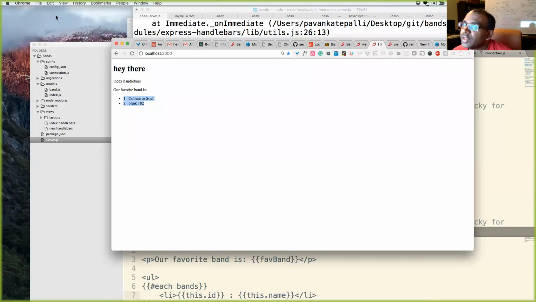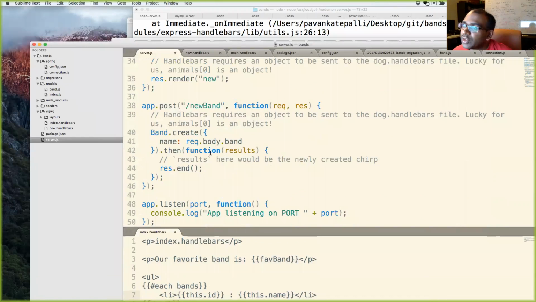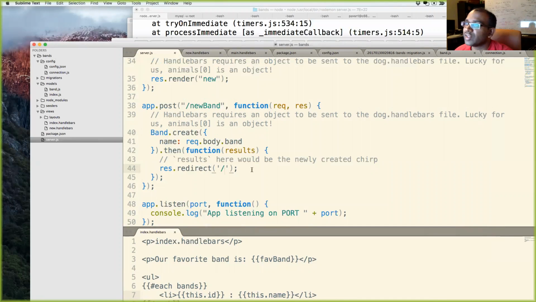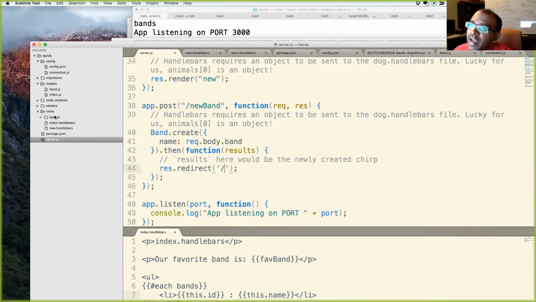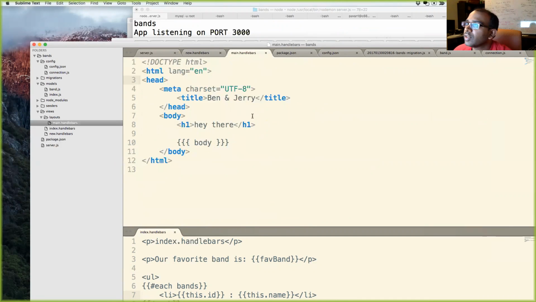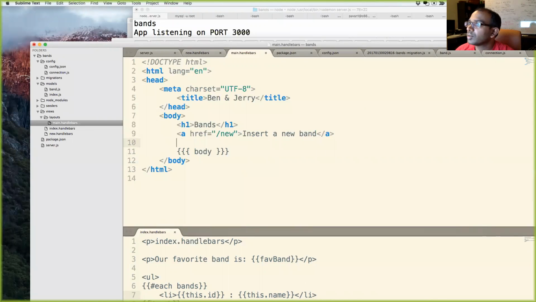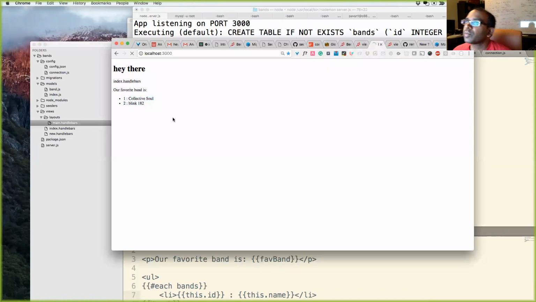So what we can do is when we insert into the database, we could do res.redirect, right? We could do res.redirect to /, so that sends us back to the main page. And if I update my layout file over here, at the very top, I could do insert a new band. Let's go back over here, refresh this.